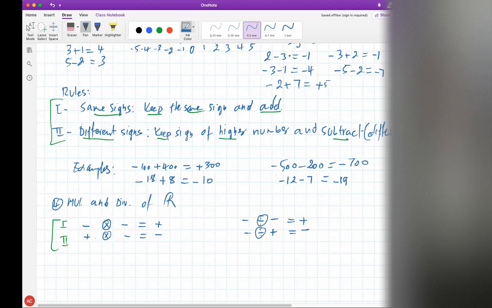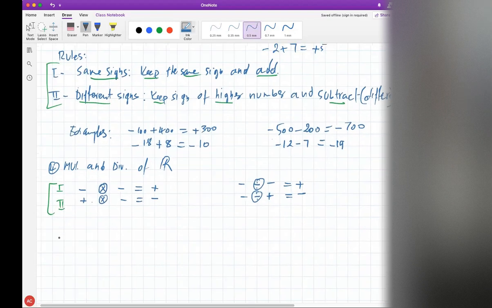So addition and subtraction usually is pretty straightforward. As you can see here, there's nothing else. There's no multiplication here, there's no division, no parentheses. So it's all addition and subtraction here. If you have multiplication and division, you will see them, or you'll see something that refers to them. For example, for multiplication,